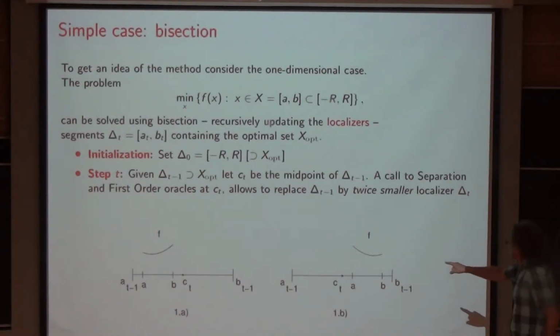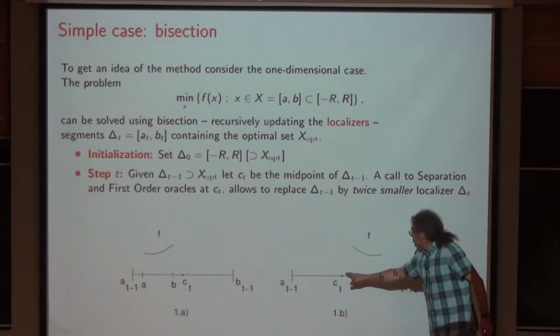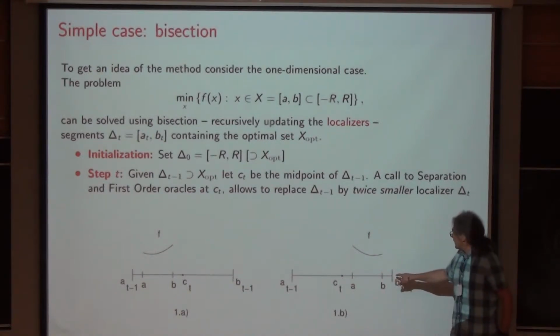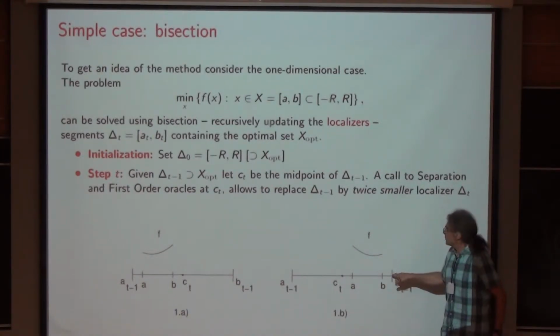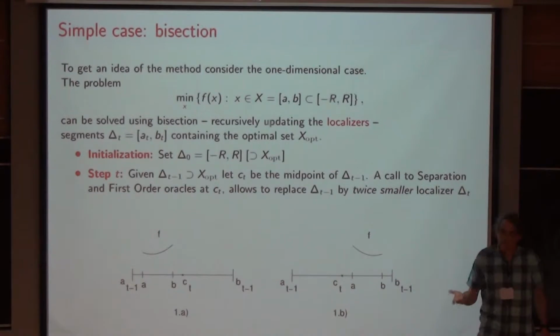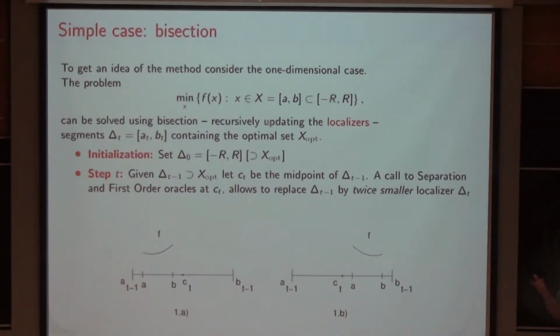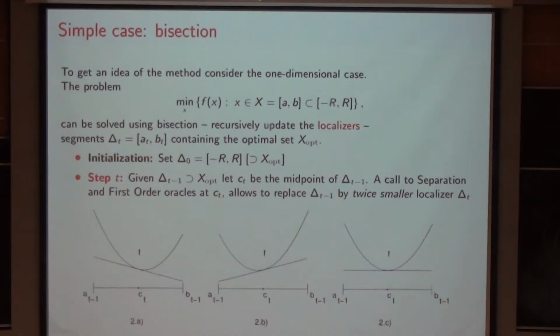Then, of course, we will be able to take the right half of the localizer, or in the other situation the left half of the localizer, which will contain the feasible set. So now we reduce by a factor of 2 the length of the localizer, and we lose no information about our optimal solution. The same if the middle point of the localizer is in the feasible set,